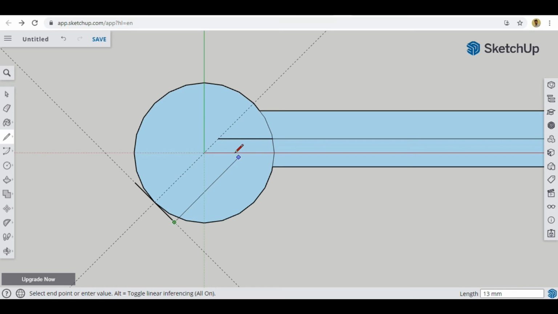Okay, again you can see we are not able to create a very straight line without the protractor, so again we will require the protractor. So I'll take the protractor, I'll take this point as a center, and this point as a reference, and again 90-degree. So you can see now again we have a temporary axis. Similarly I'll do this with all the lines.